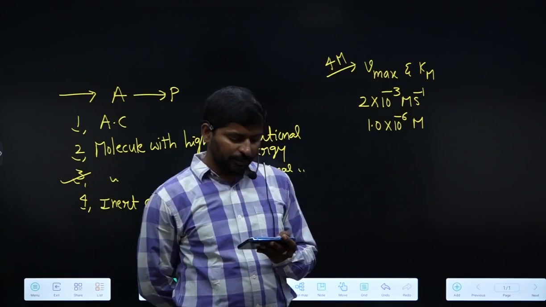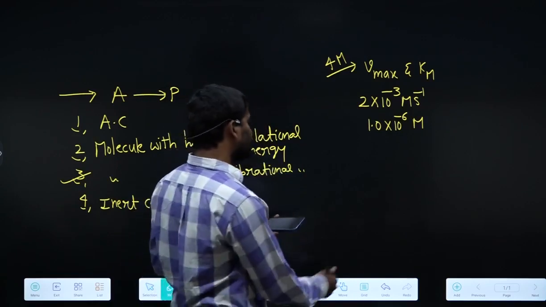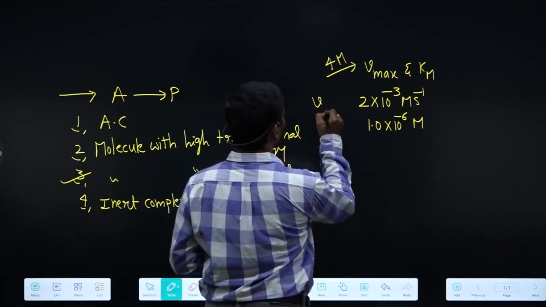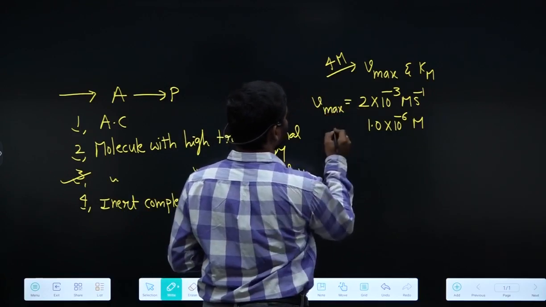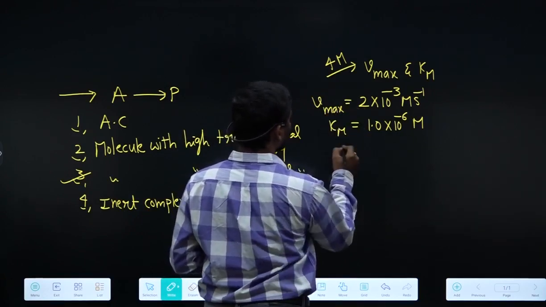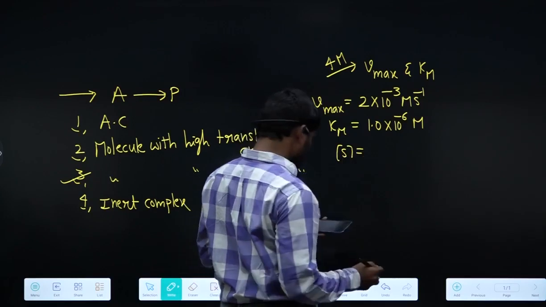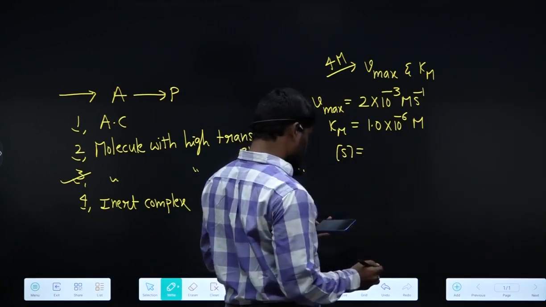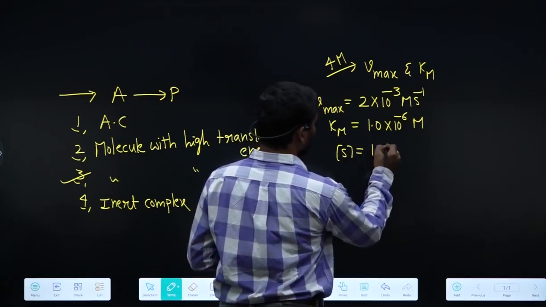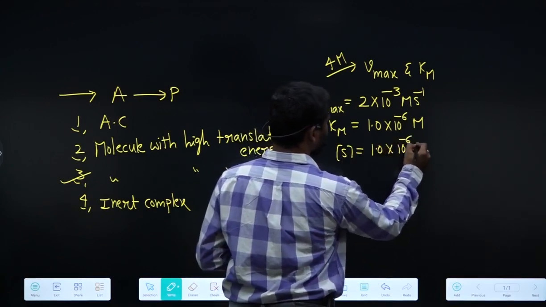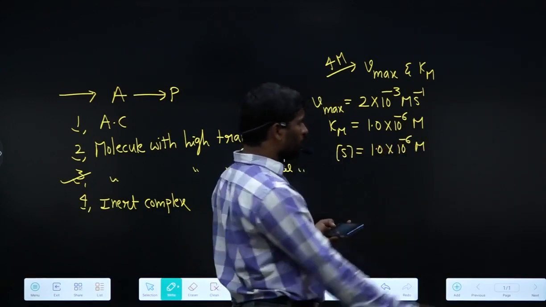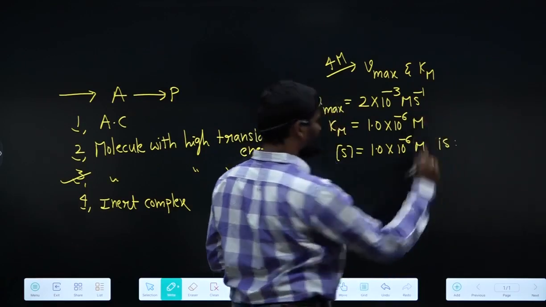Continuation: the rate of the reaction when the concentration of substrate is 1.0 into 10 power minus 6 m is